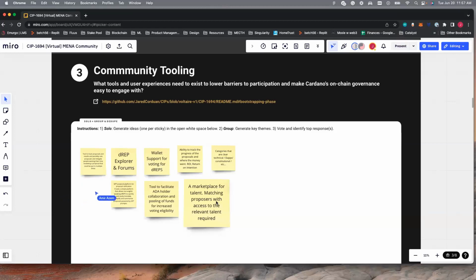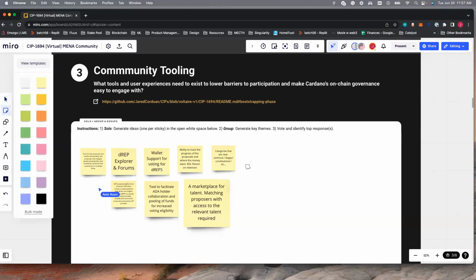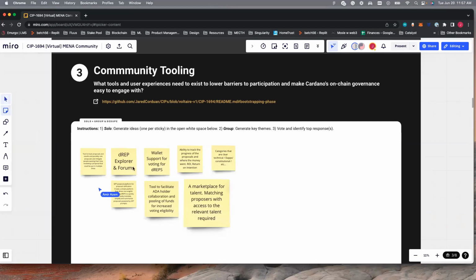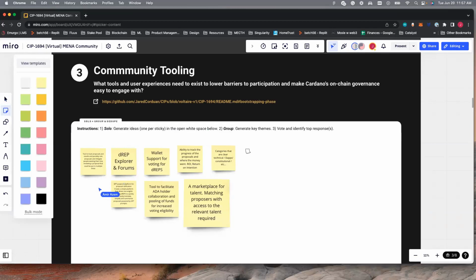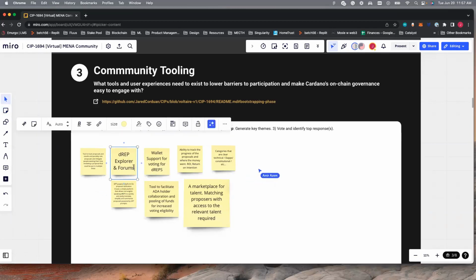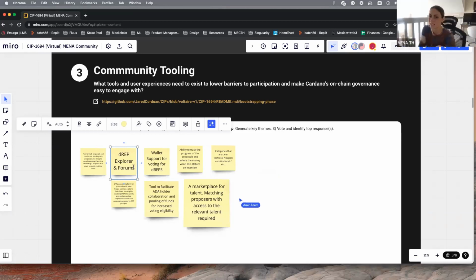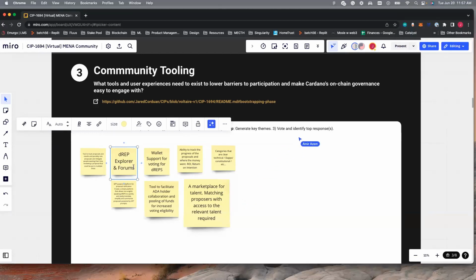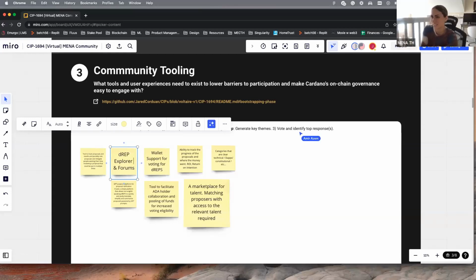I was thinking maybe a tool to showcase people's reputation. When a person comes in that has done so much, has been around and has delivered so much to the community, their action or voice should have a much higher weight than a newcomer that doesn't really know anything. Kind of like the contribution score tool. Yeah, something like that. I kind of wanted to add it here.